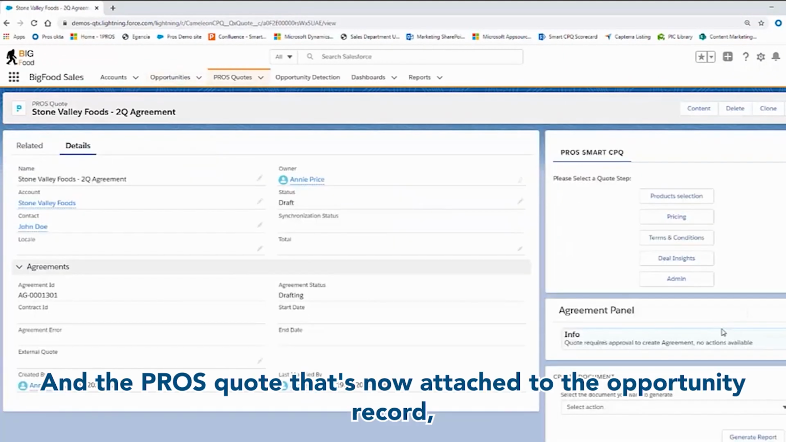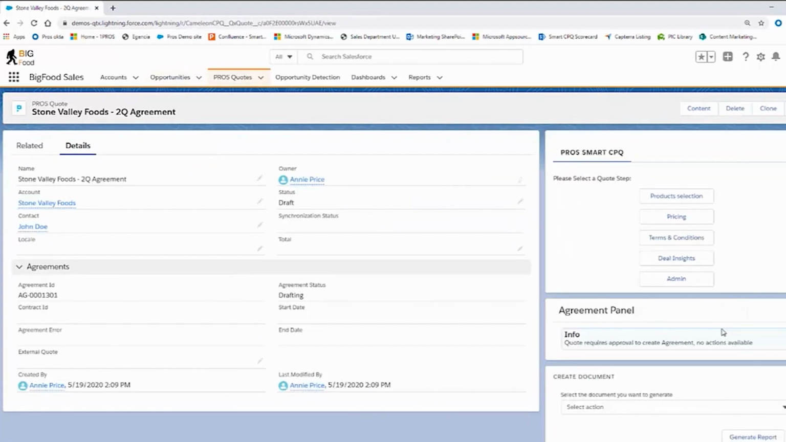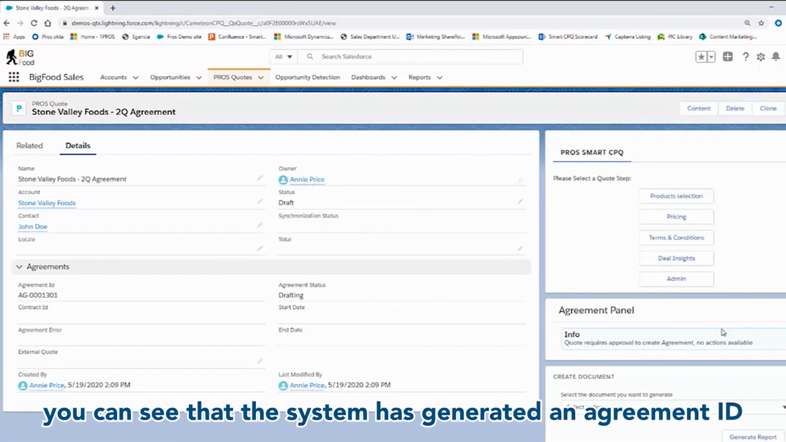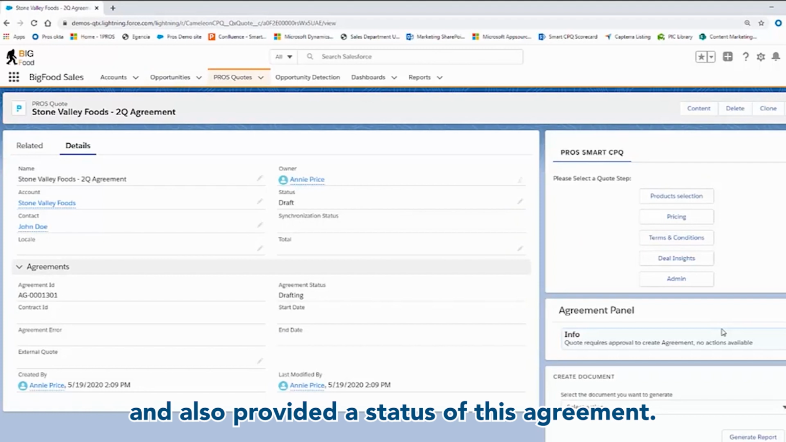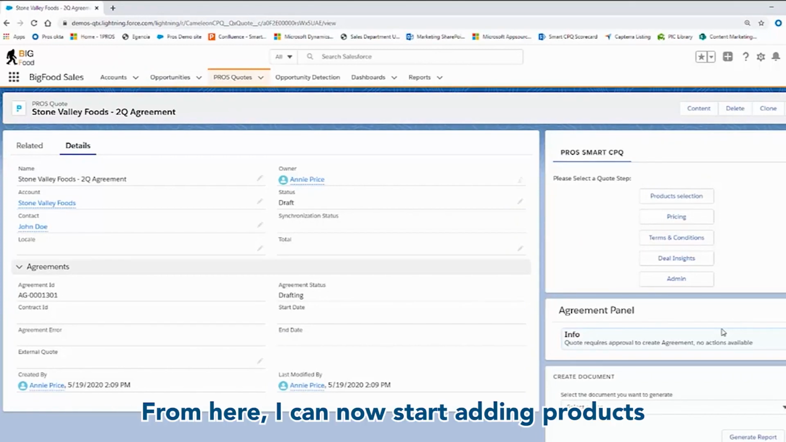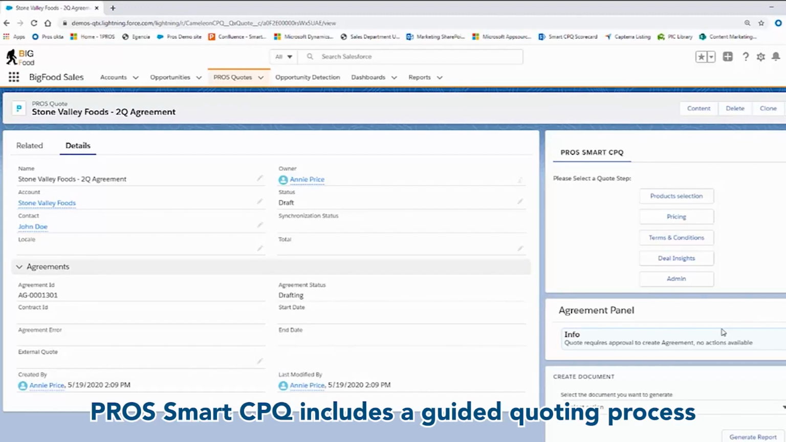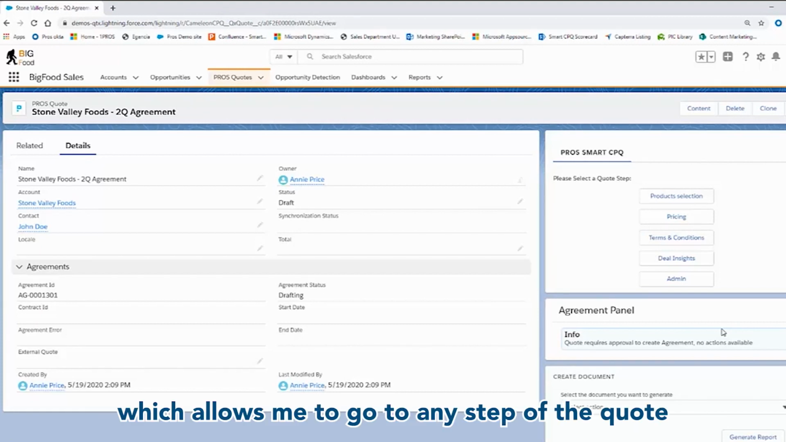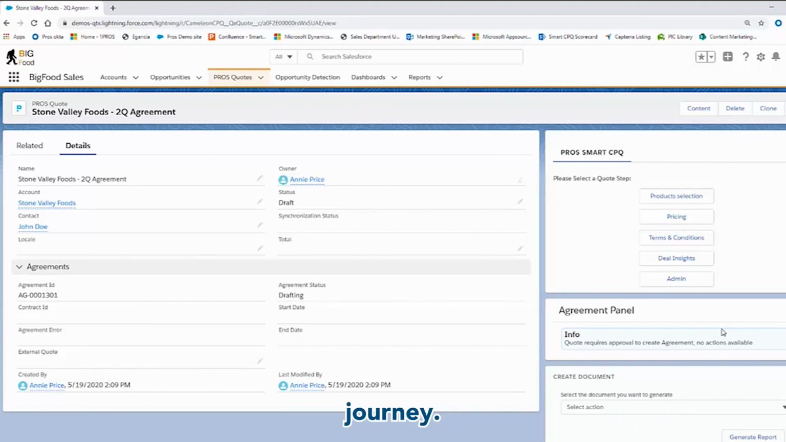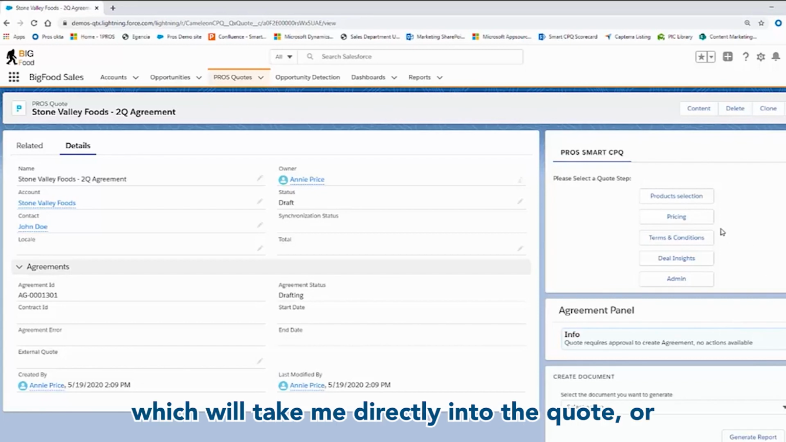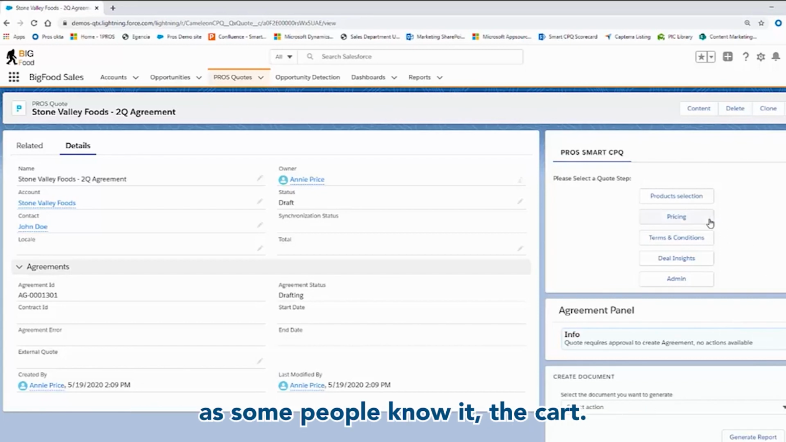In the ProSmart quote that's now attached to the opportunity record, you can see that the system has generated an agreement ID and also provided a status of this agreement. From here, I can now start adding products to the sales agreement. ProSmart CPQ includes a guided quoting process, which allows me to go to any step of the quote journey. I'll begin at the pricing step, which will take me directly into the quote, or as some people know it,